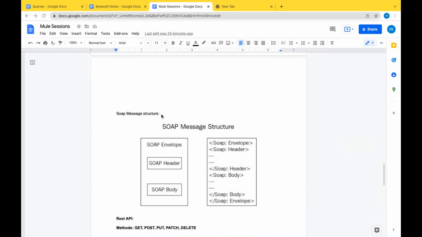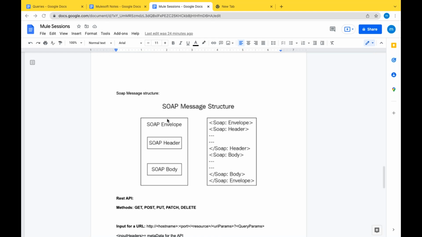This is the SOAP message structure, where it has a SOAP envelope, SOAP header, and SOAP body. The key takeaways are: SOAP is XML based, and the tags look like the SOAP envelope, SOAP header, and SOAP body. Whatever you want to send, you send inside the body tag.